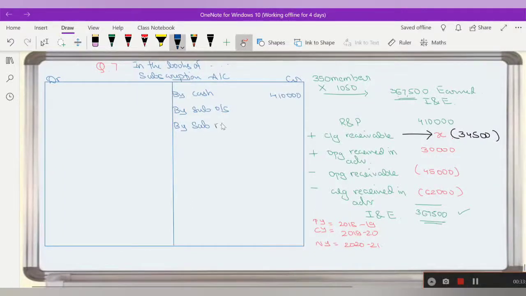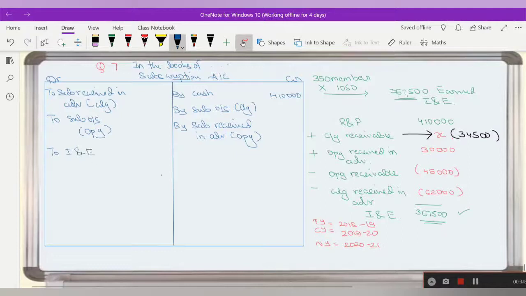subscription received in advance, that is opening, right? To what? Subscription received in advance, that is closing. Here it is again closing, then to subscription outstanding opening, right? Then we will just go on writing the amount, whatever is the amount, that will be